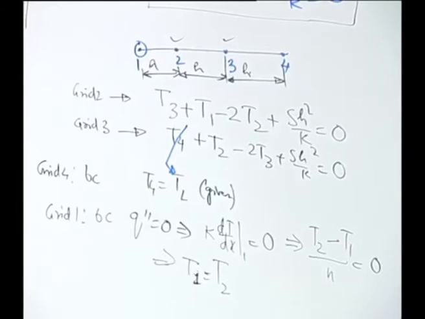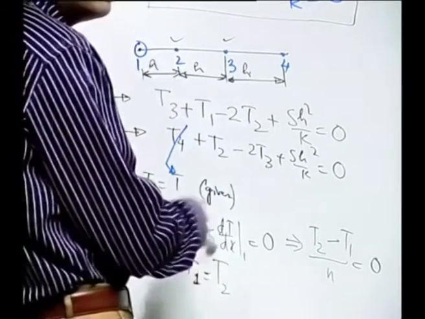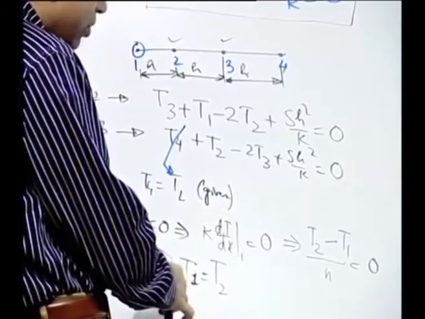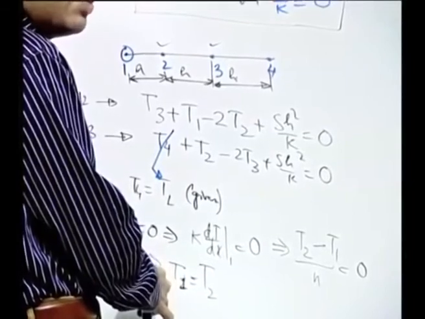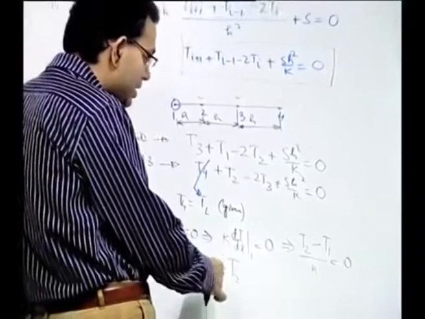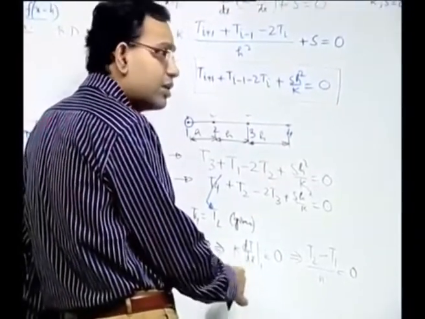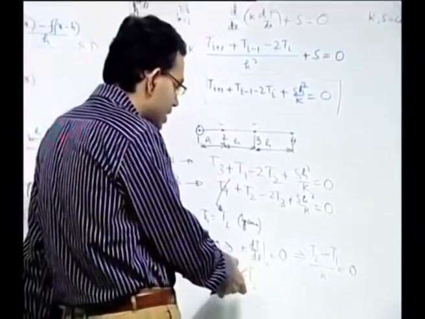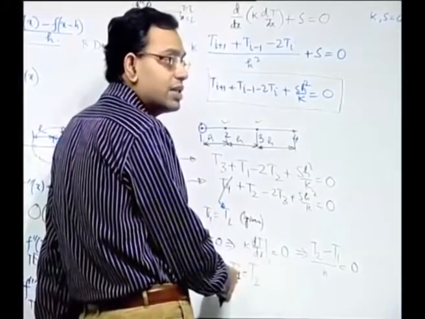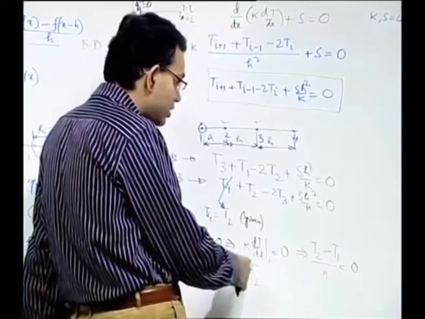Remember, when you write a computer program, there is a difference in the statement T1 equal to T2 and T2 equal to T1. Always when you are writing a statement for a boundary, that means you are writing the expression for the boundary condition. So, express the boundary as a function of the interior, that means there is some value T2 which is assigned to T1, which is the value at the boundary. So, it is not T2 equal to T1.